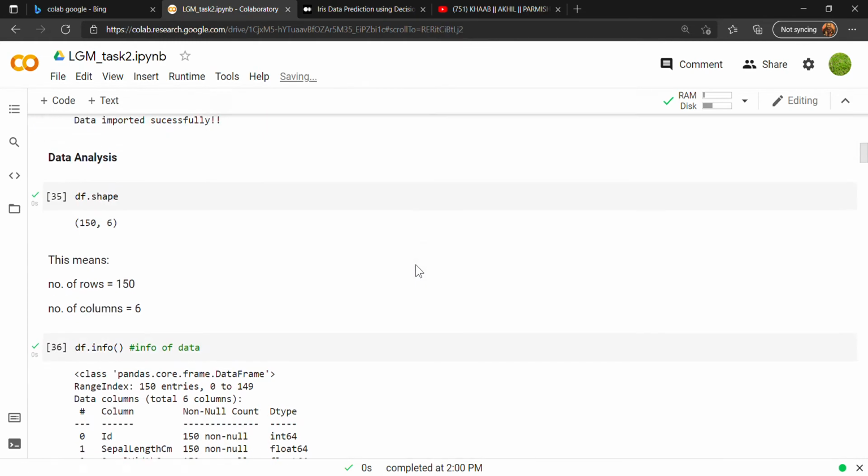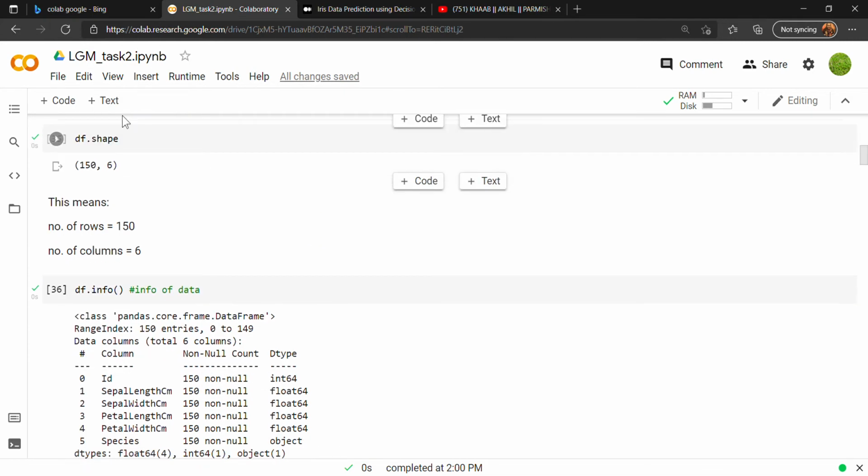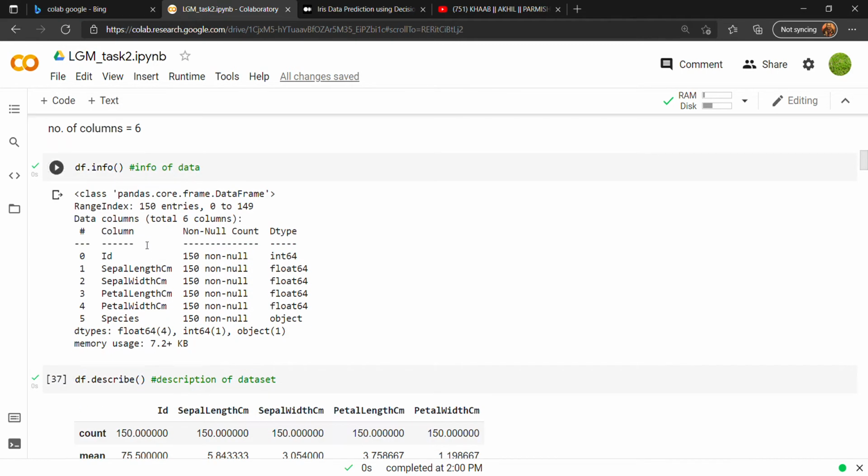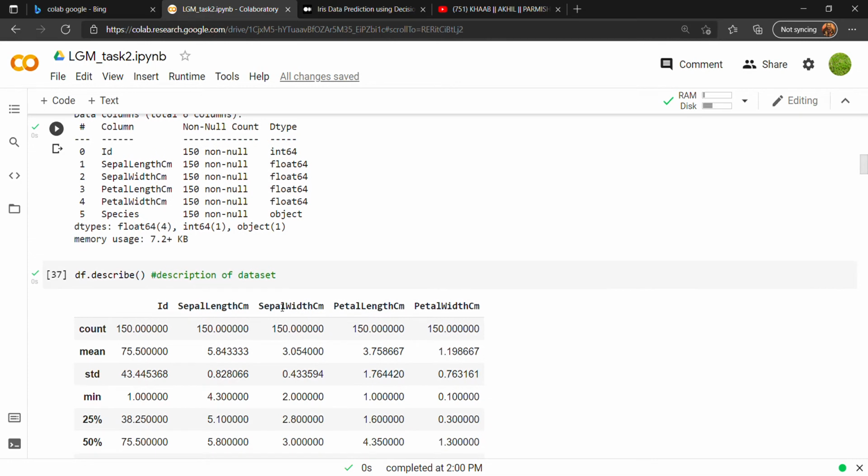And then comes the data analysis part. This is the shape. That means the number of rows is 150 and the number of columns is 6. And the information of the data is as follows. Now comes the description part.